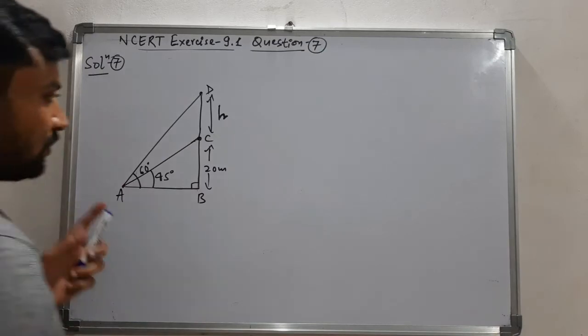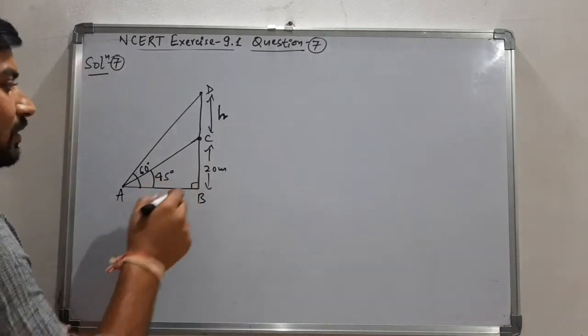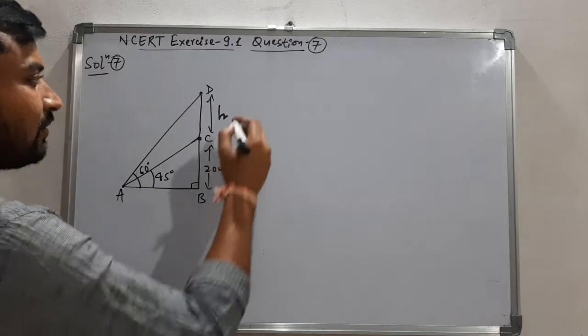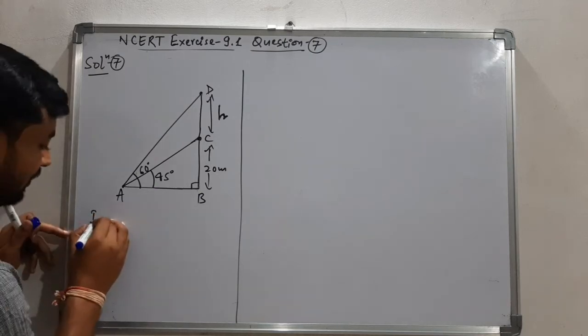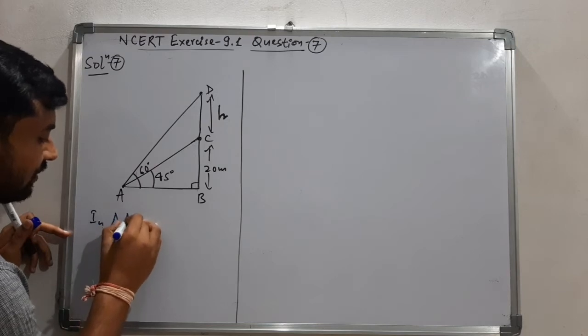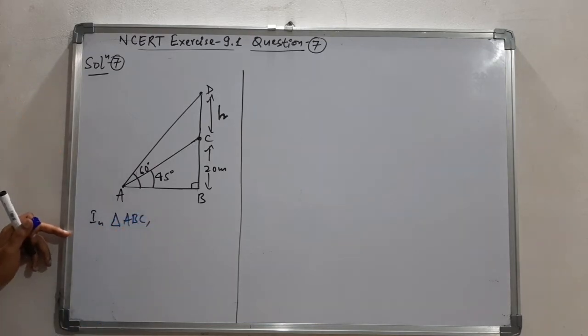So here we have two situations. We have two right angles, ABC and ABD. One by one we will consider these triangles and we will try to find out the height. So here clearly in triangle ABC, if we use